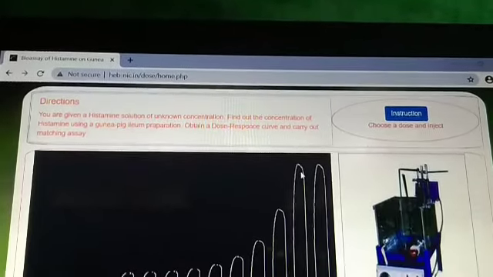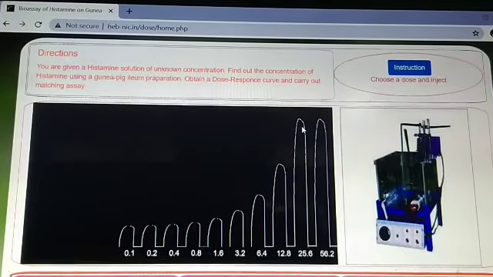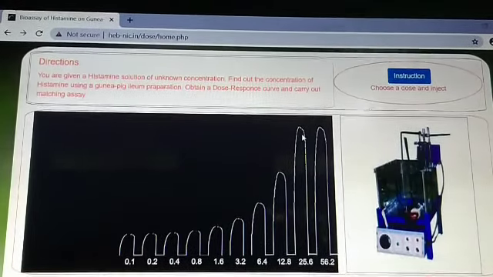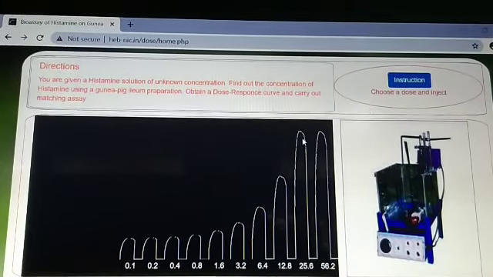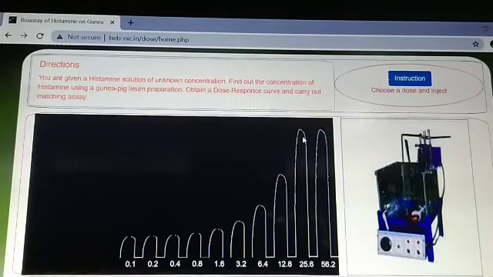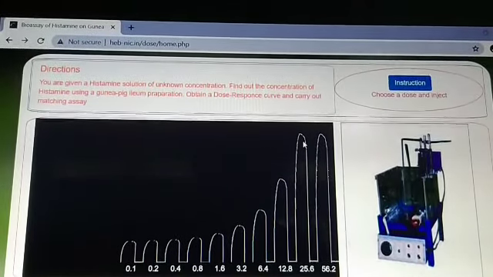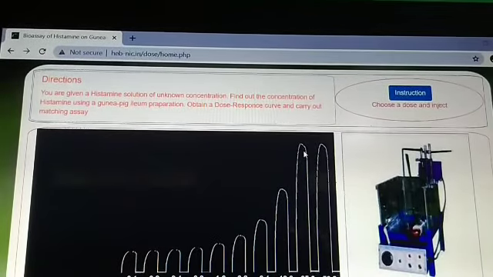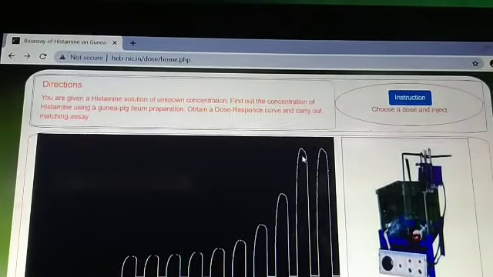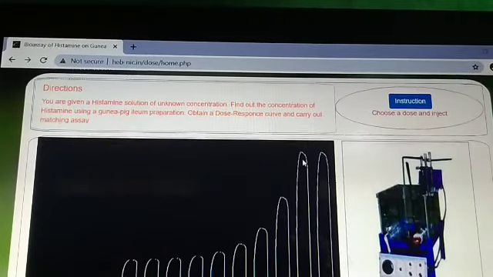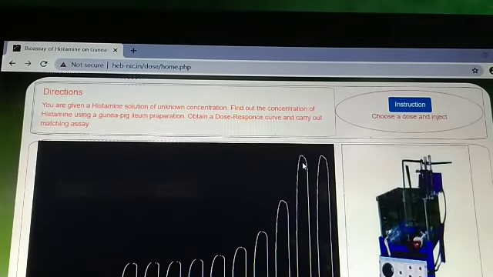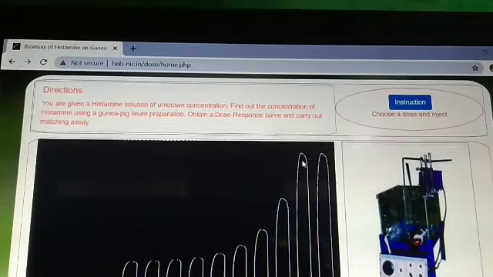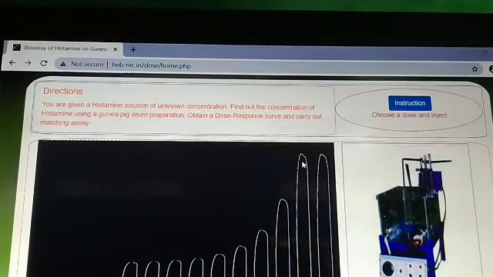So this is how we can estimate the concentration of any drug in an animal organ or tissue by identifying its concentration response curve. That is, we can find an unknown concentration of the drug, or we can calculate the maximum response of a drug by using this kind of experiment. That is the dose response curve, or bioassay, or CRC.